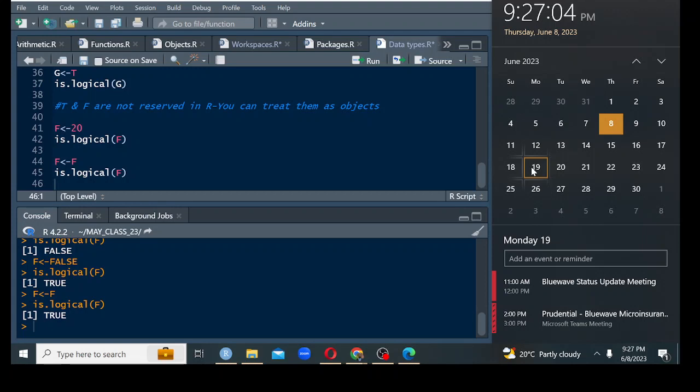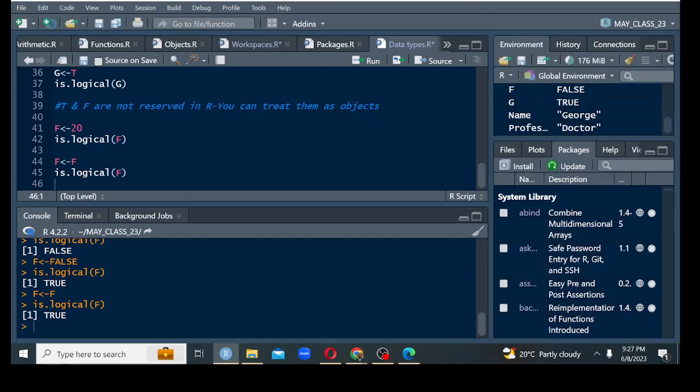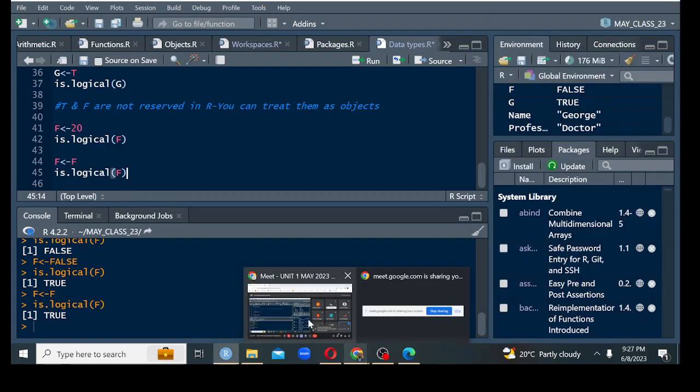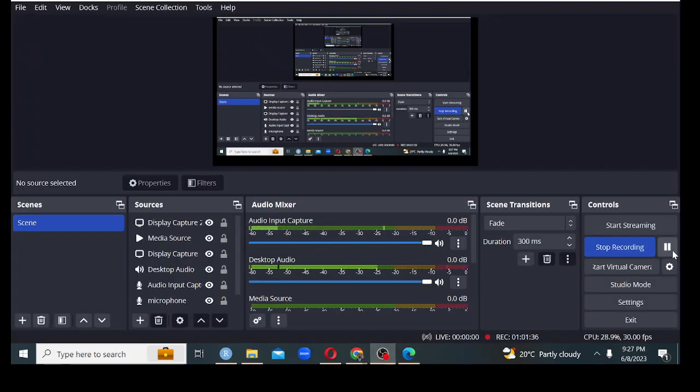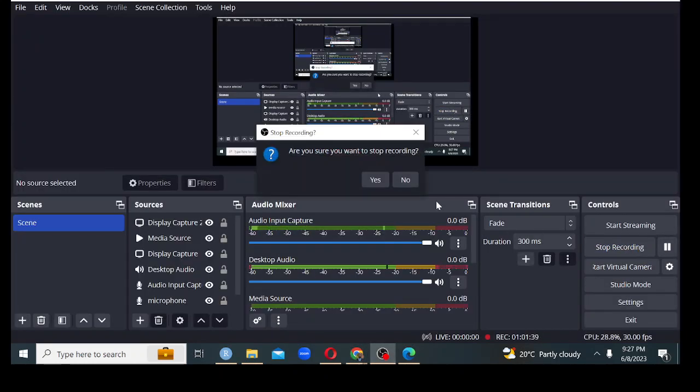And also, in case you haven't done the CAT, tomorrow I want to share the results for the CAT. In case you haven't finished the CAT for the essentials unit, you can just inbox me. Yeah, I think that is it. Maybe I can give you room for questions. Yes, Michael and Belinda. Michael first, then Belinda. But an issue I've been facing, I've faced it